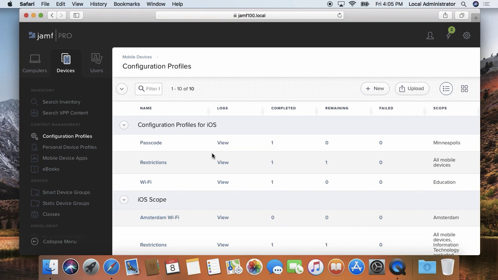You may have noticed we created 3 different configuration profiles, each with only one payload configured. This is because you want to avoid bundling multiple non-related payloads into one configuration profile. It's recommended to create unique configuration profiles to achieve separate goals, and here's why. Consider there's a configuration profile with Wi-Fi and passcode payloads configured. Once the profile is deployed to devices, if we need to make a change to the passcode payload, for example,